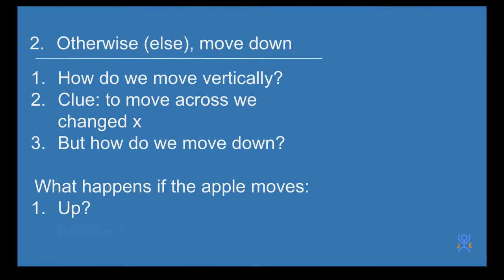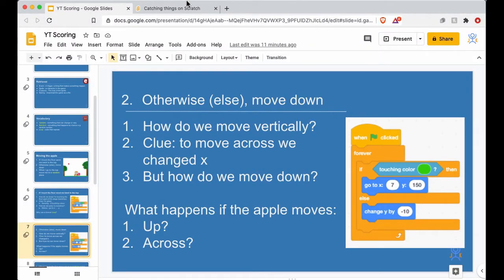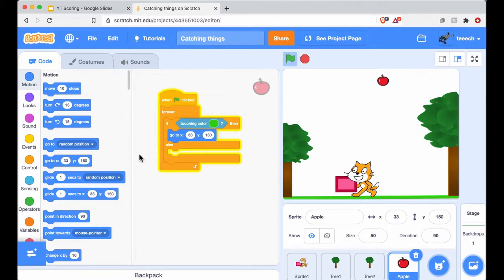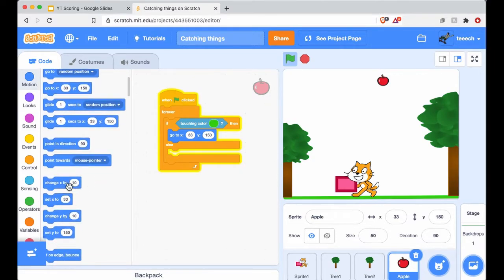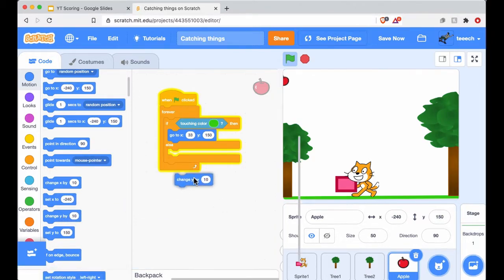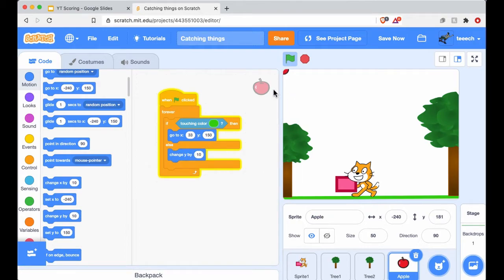And if it moves horizontally, you need to change the block because you're using the x block, the change x block. So in here I shall show you. Let's put the wrong one in first. So motion, if I choose change x by, see how it just races off to the side, or if I change that to a minus, it will go to the other side, but it's doing horizontally, so obviously wrong block. We want change y by, and that will just take it to the top of the screen, so I want that to be a minus number,